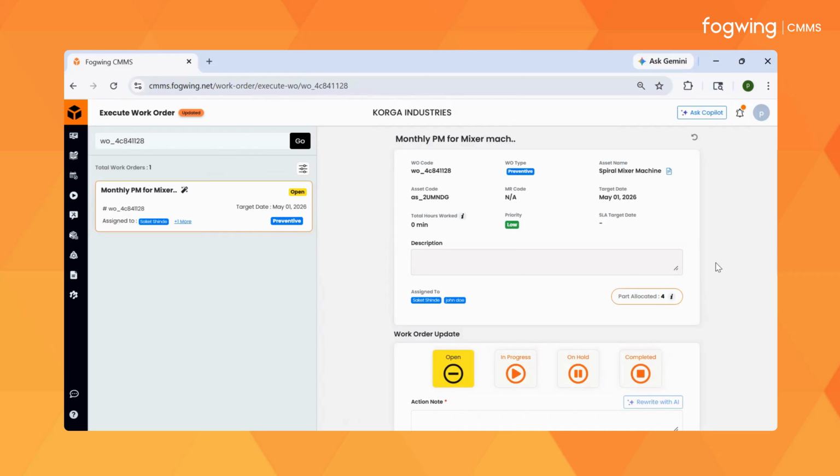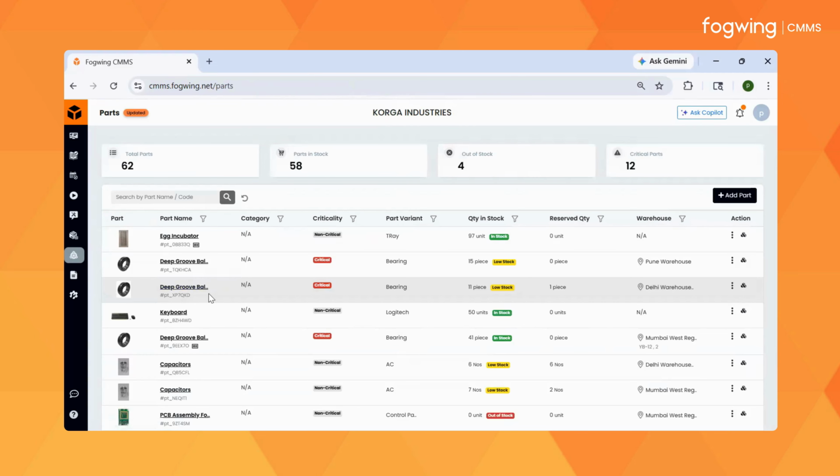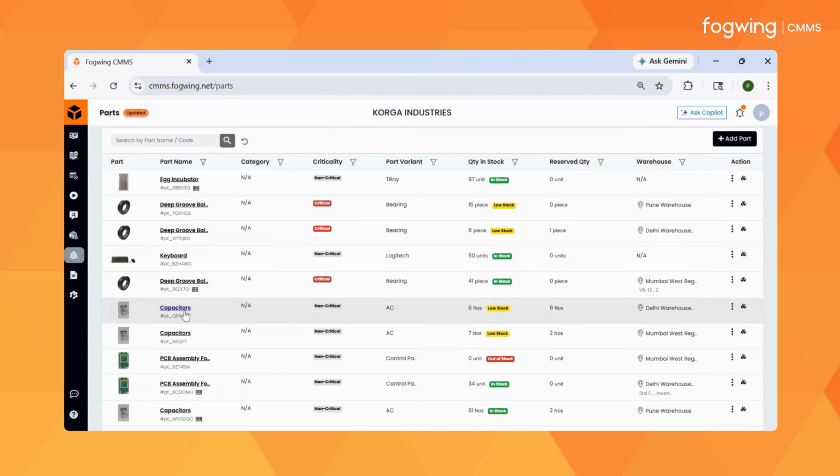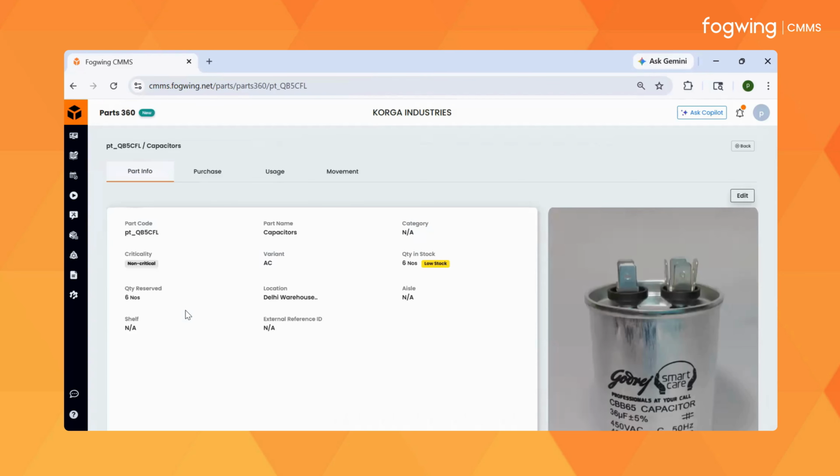So this is the parts allocation as well as approval, which is there in the work order module. Then moving on to another enhancement that we have done in the parts 360. So if you go into the parts 360, and if you select any particular part here, under the